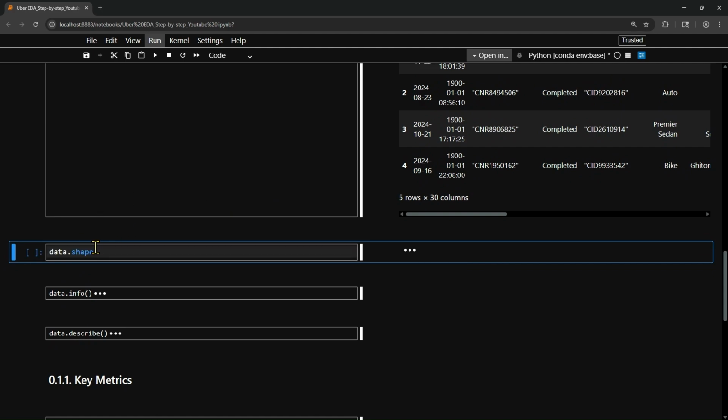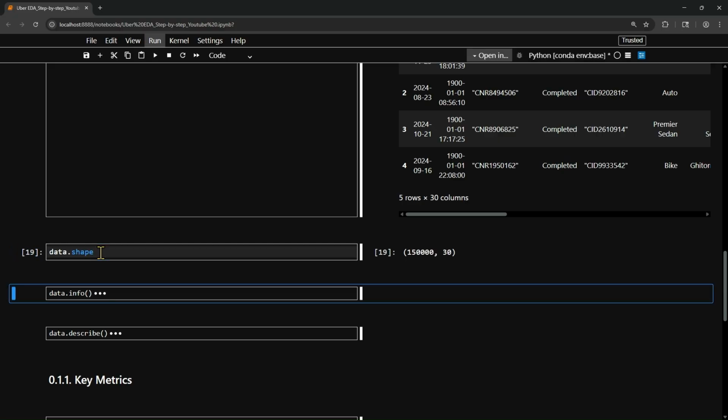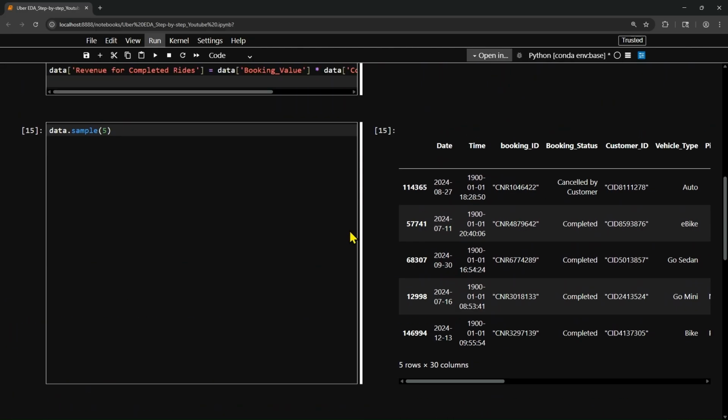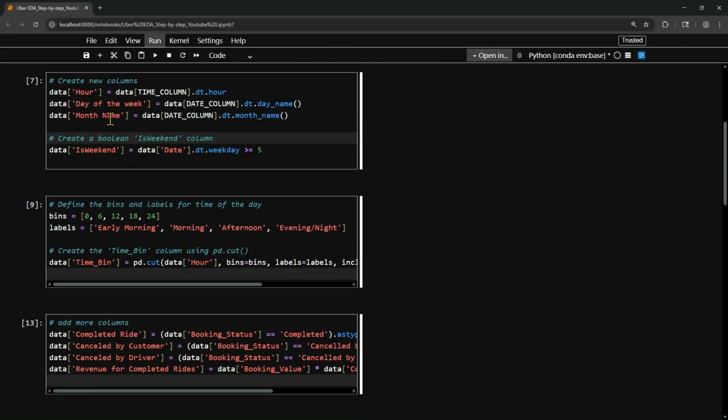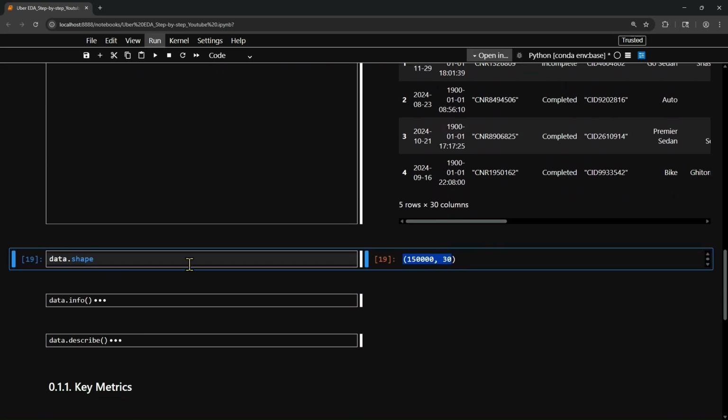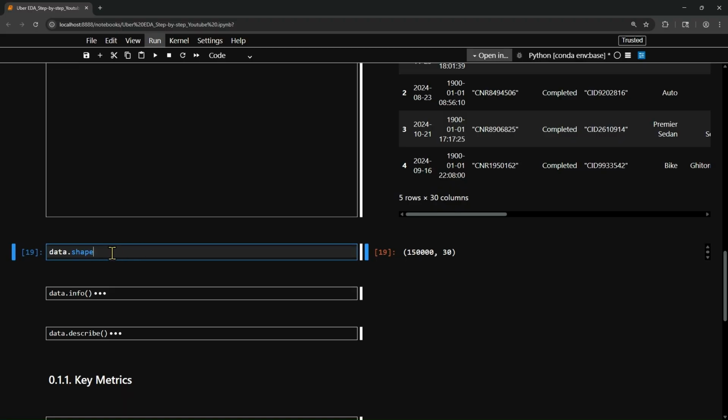In case I want to look at the shape, I can use this property. data.shape will give me my rows first and columns next. So 150,000 rows and 30 columns. And we started originally with 21 columns. We have added 9 columns along the way,